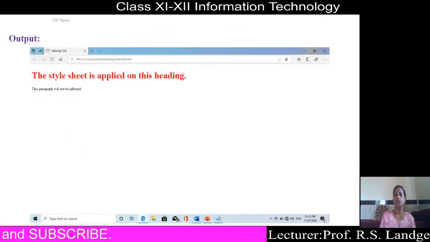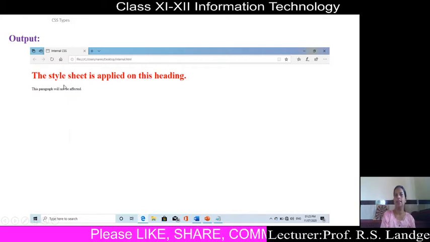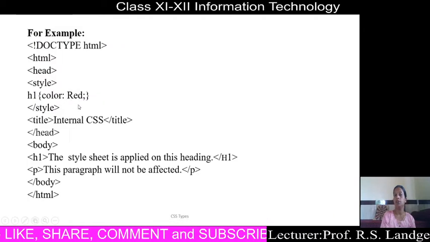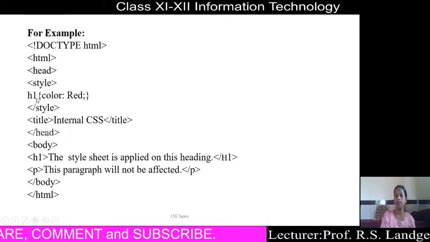How will the result be shown? The output of that example is that red color is applied for this heading. The paragraph will not be affected by that particular color because we created h1 as the selector.